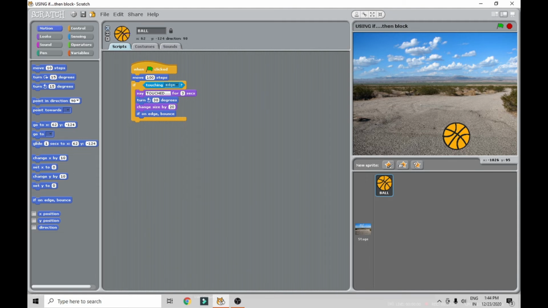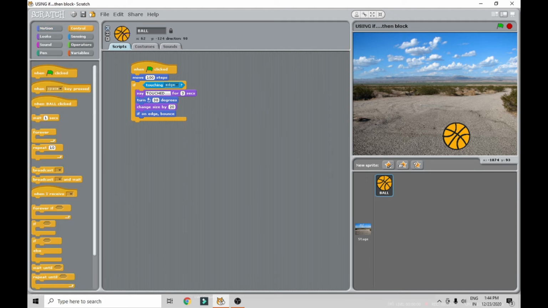Now see, what we are doing: first I took this control, okay, then move. All the coding blocks are available here, you just take them and add them over here. Now see here, click on this flag. Now when touched, what will it say? Move 100 steps. It moved and touched, and it comes out of the block, that is, it will execute only the true condition.